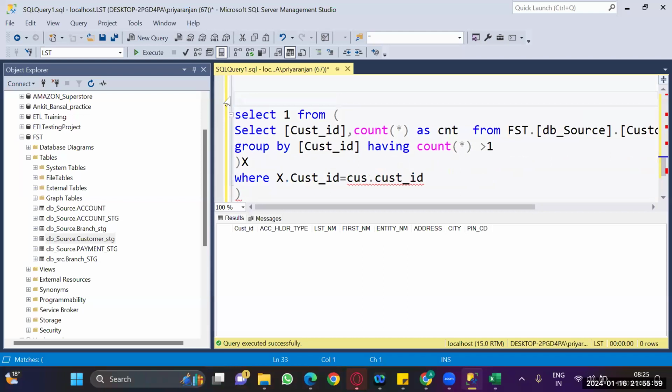We will do one thing. Now with CTS, select star from this. CTS from